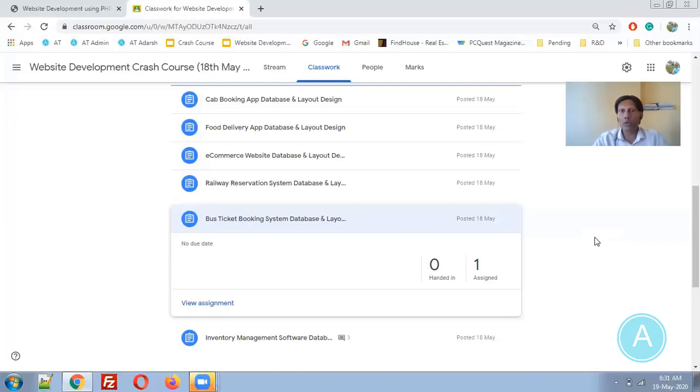Based on those routes, bookings can be done, and each route has a different seating capacity. Let's take the example of a general bus, then we have capacity X. If it is a sleeper coach, another capacity will be there. If it is an AC coach, another capacity will be there. So everybody has different capacities, and you need to keep these things in mind. Here customer details are not that important, but whenever you are booking, you can give the customer the option to select the available seats. So you can put that option.